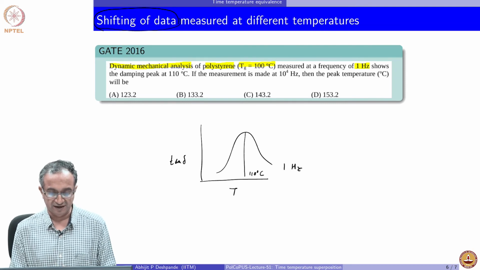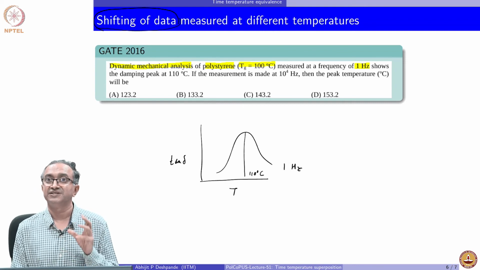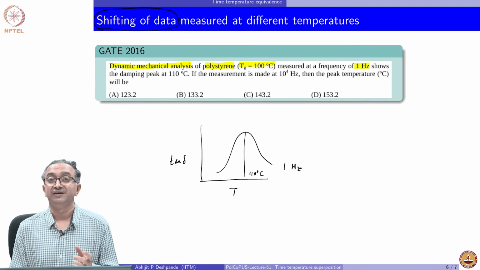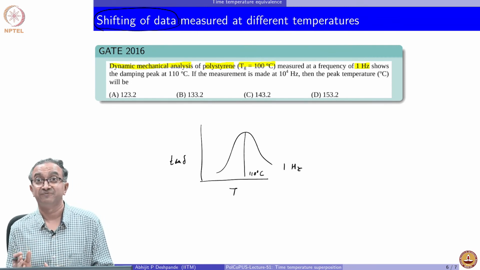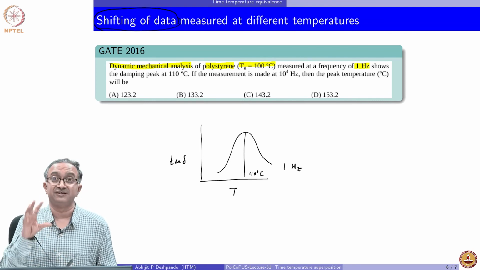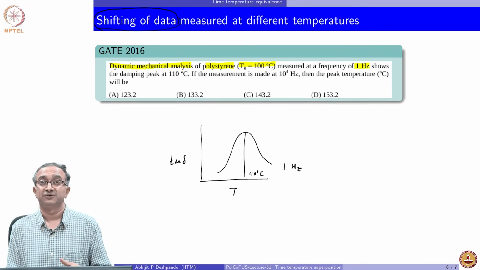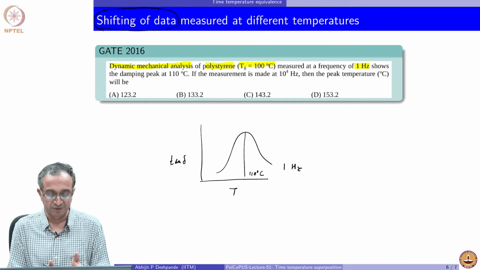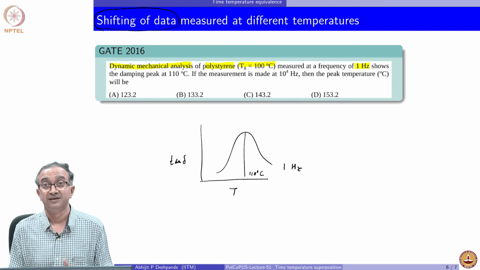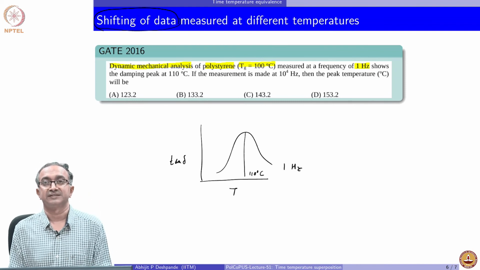Now, as the answer shows, you clearly see that all the temperatures are above 110. So, can you first justify why I have to go to a higher temperature if I do the test at a higher frequency? What I am expecting is that when I apply load at a certain frequency, the macromolecules respond with all their relaxation modes. If you think in terms of segmental relaxation, because the damping peak is associated with segmental relaxation, then at 1 hertz I am giving the material enough time for all the segments to relax.